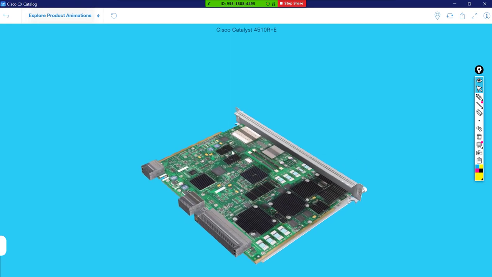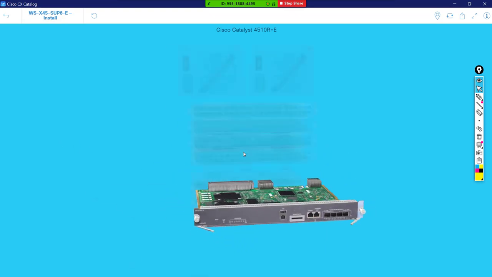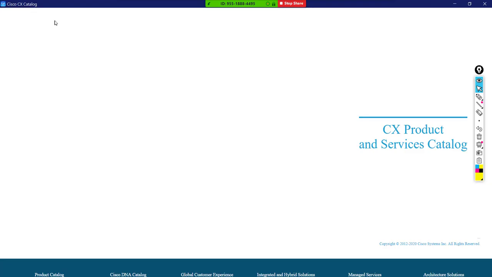So this is a supervisor, and along with the supervisor, the brain. So how many supervisors do we have? We have two supervisors. If one goes faulty, we have redundancy. So this is the second supervisor. Similarly,